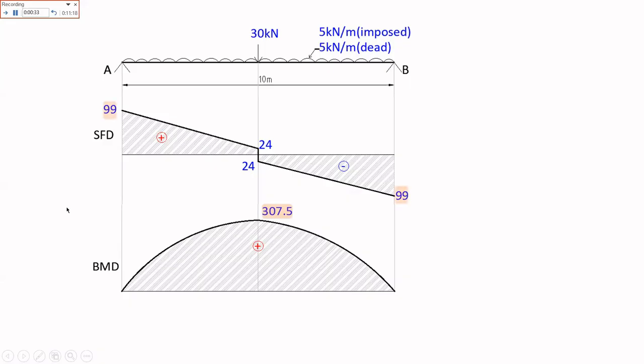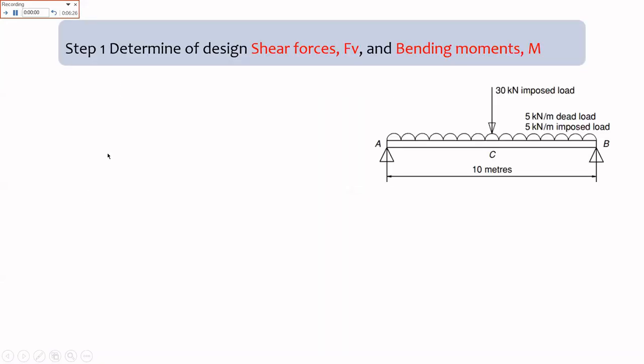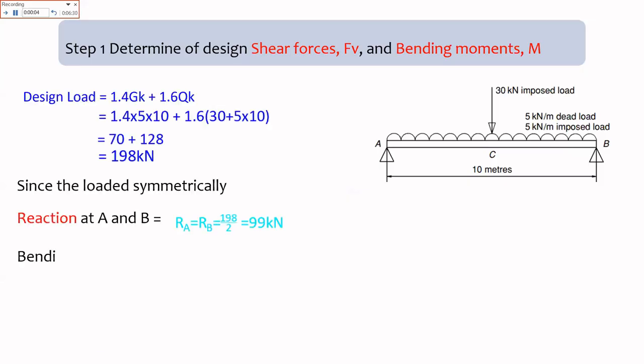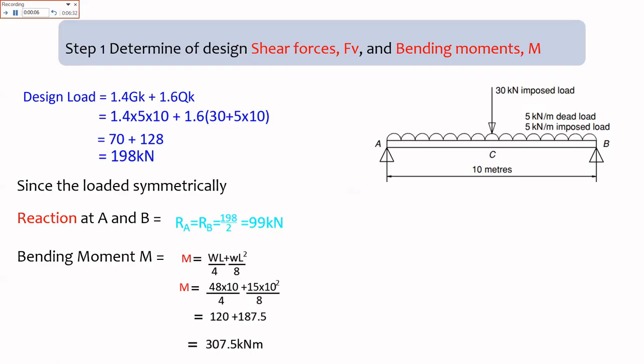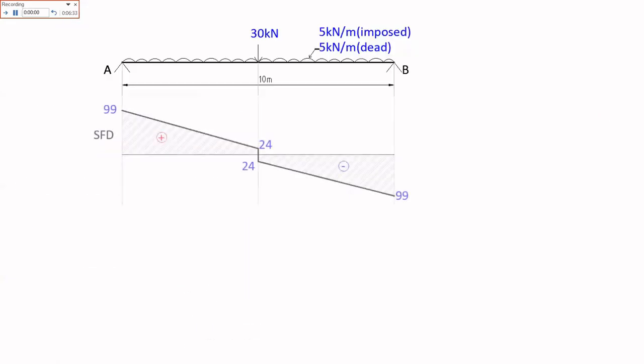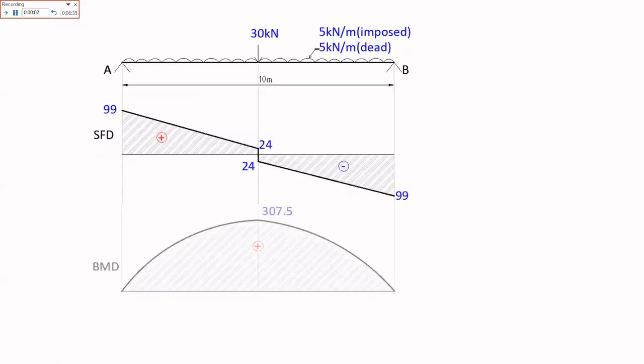All right. And we will take the highest value for shear force, which is 99. Okay, good. So now let's go to our second stage or step, and that is the initial selection of the